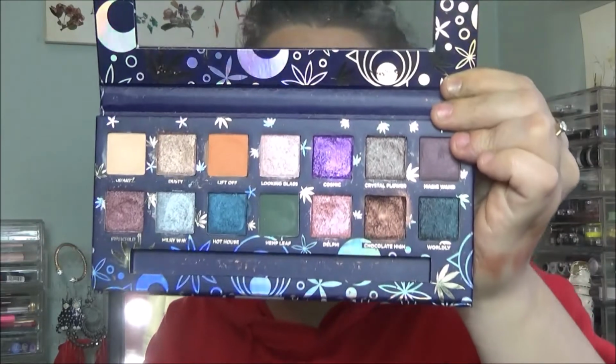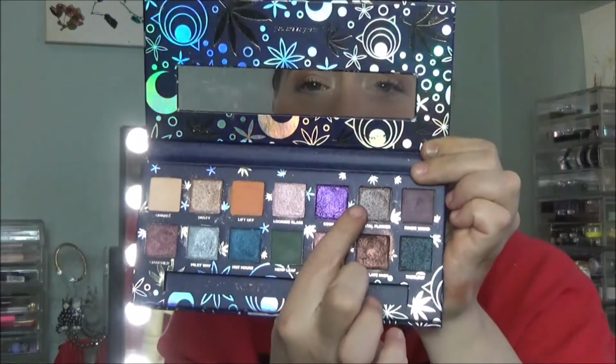Ooh, a palette I did not like, which is definitely going to be on the worst palettes list. This is from Pacifica. This is their hemp-infused eyeshadow palette. There's like one shade in this entire palette that I actually liked, and it was Cosmic. And you literally like...